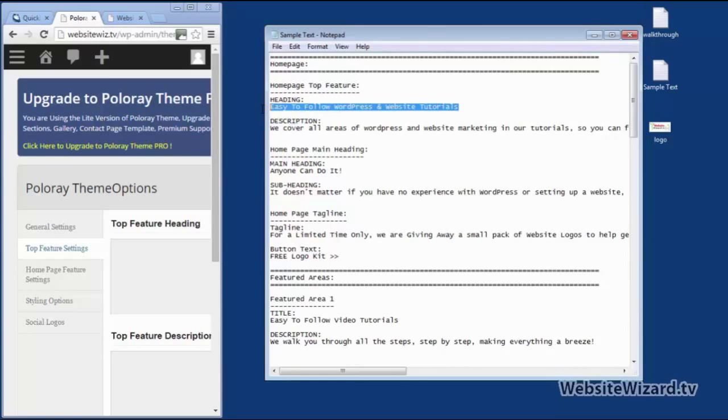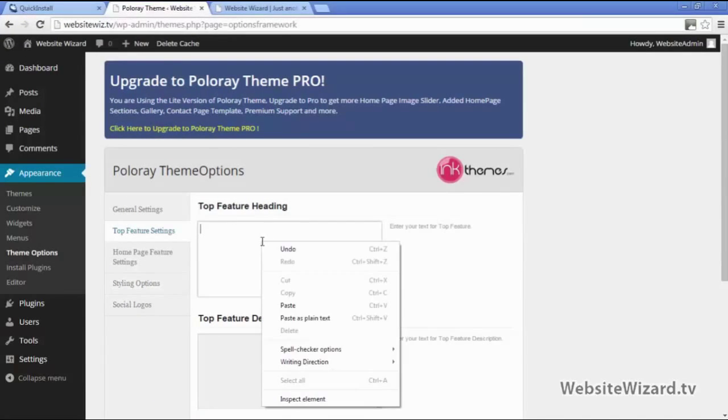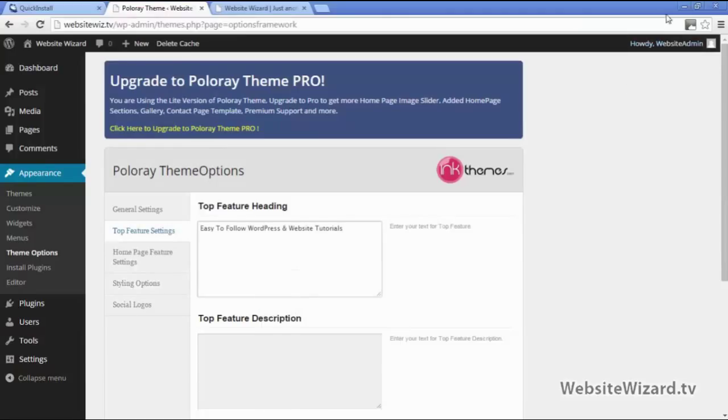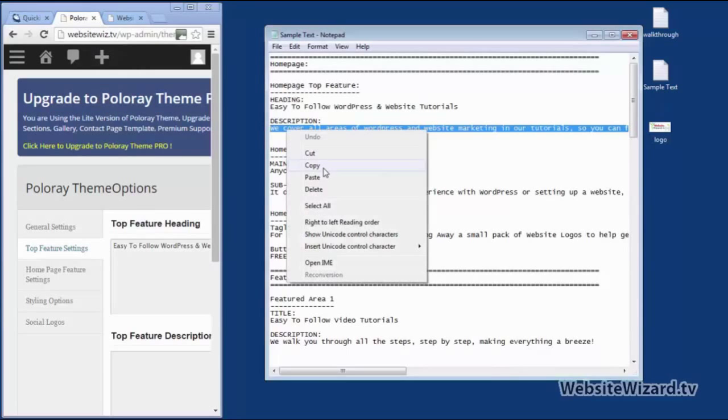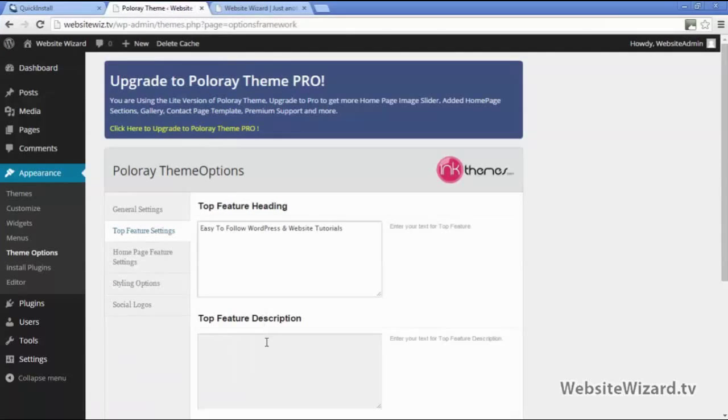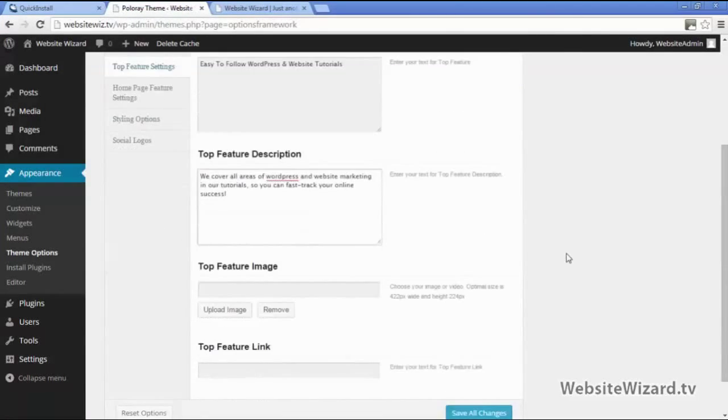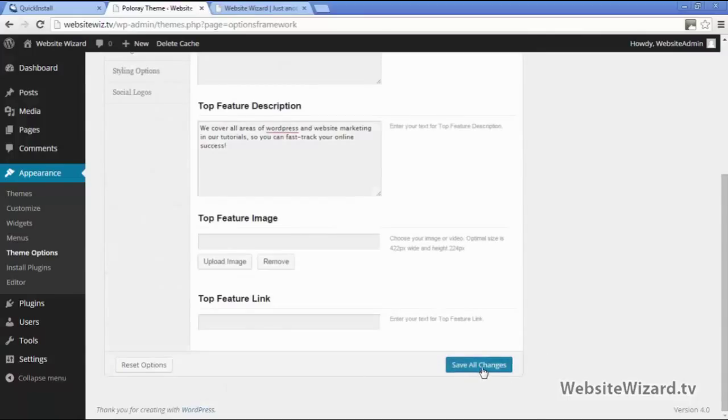So this is my heading right here, so I'll copy that and paste that right here under top feature heading. And then I'll grab the description right here, copy that, and paste that right here. So if I then scroll down and click to save all changes,